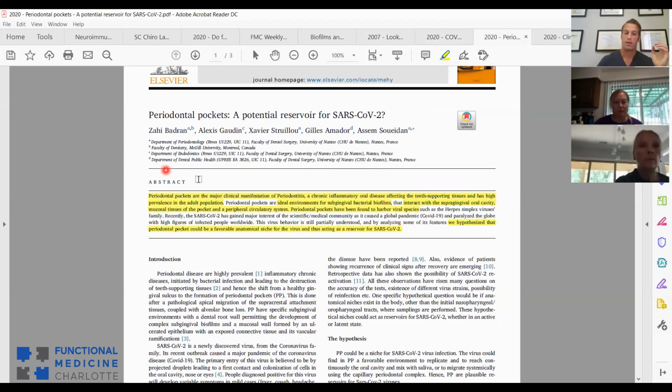So these authors say periodontal pockets are ideal environments for subgingival bacterial biofilms that interact with the supragingival oral cavity, so it interacts with the mouth as we know it up here. Also the mucosal tissues of the pocket and the peripheral circulatory system. So anything going on in the periodontal pocket could impact the mouth as we know it, like up top, right? The mucosal tissues of the mouth in the pocket and the circulatory system peripherally, because you can enter the blood